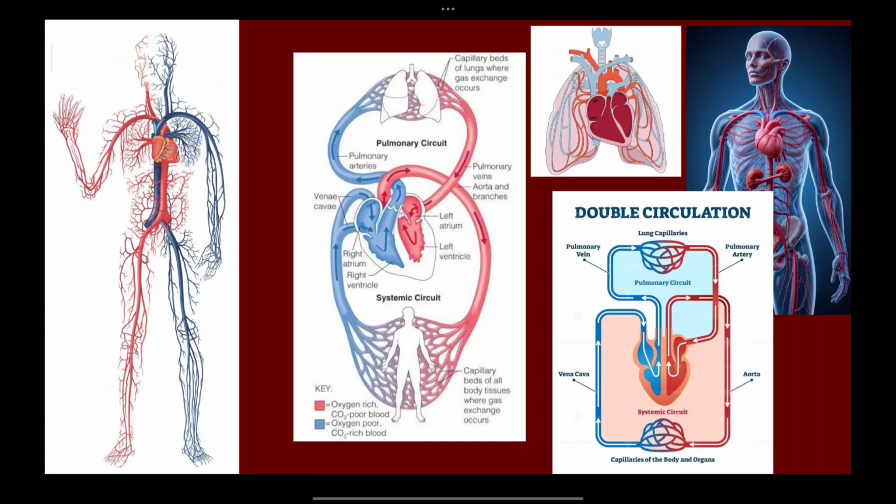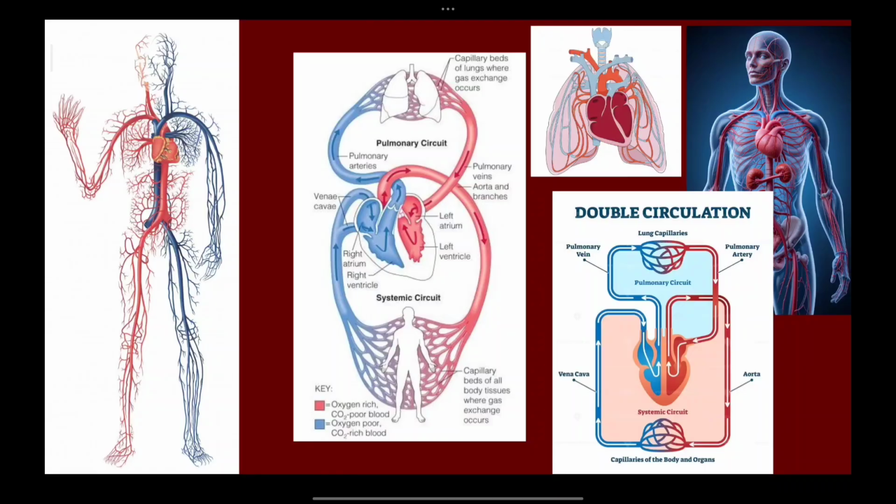Now, the branches of the aorta will include the major arterial branches from the ascending aorta, arch of aorta, and the descending aorta, and their clinical relevance as well. By the end of this lecture, you'll have a clear understanding of how the circulatory routes function and how the aorta serves as the main highway distributing blood to the entire body.